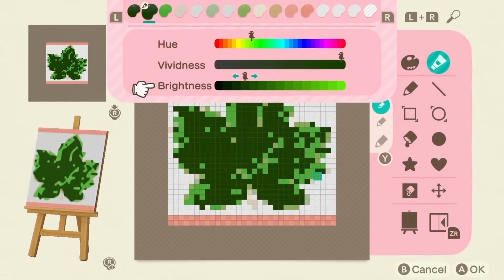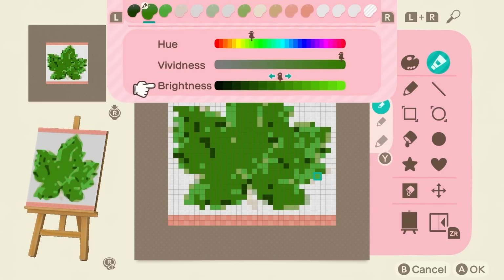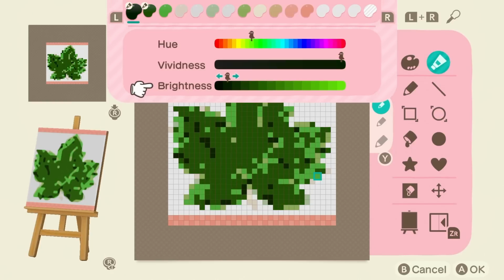For me, I was working with a leaf, so I knew that I was mostly working with green colors, but knowing how each of these sliders work is something that I didn't know ahead of going into this. But having a starting point of a green that I liked from the original design was massively helpful when it came to designing this flag. Okay, so don't start messing things up here, Fairy.